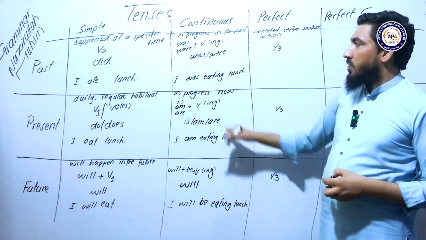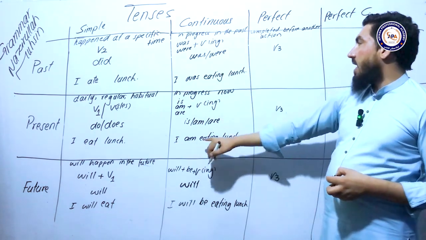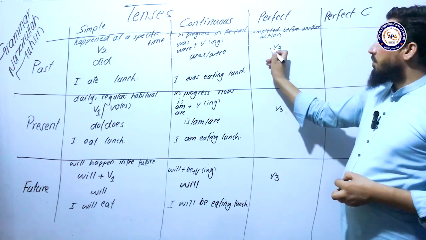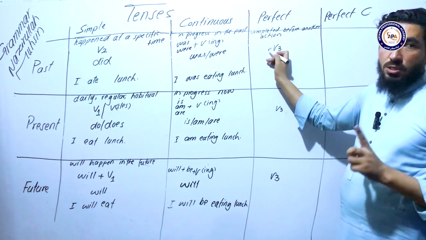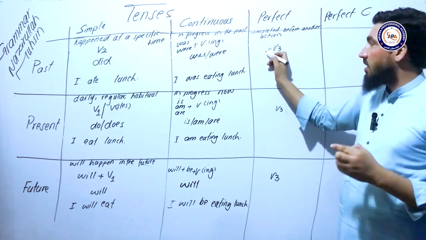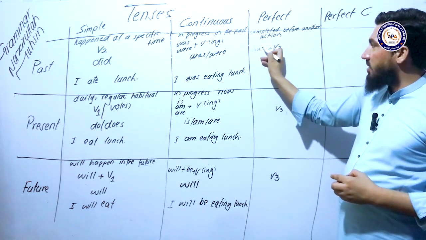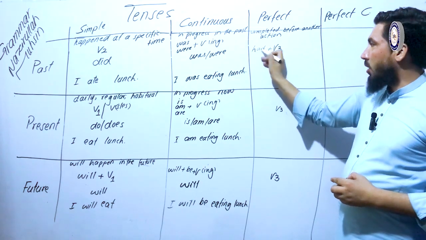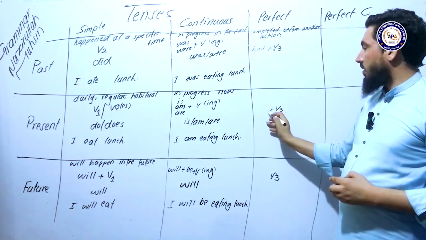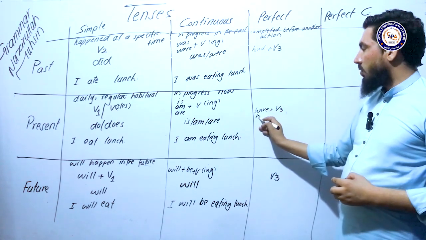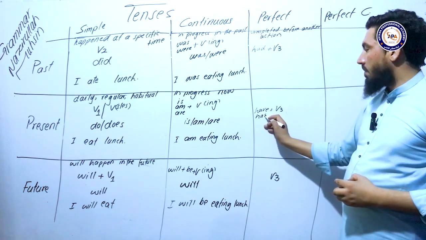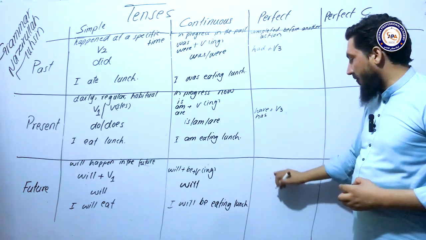In continuous tenses, we use to be as a helping verb, but in perfect tenses, what are the helping verbs? The perfective auxiliary, the to have verbs: have, has, and had. So in past perfect, we use had, then the third form of the verb. In present perfect, we use the present perfective auxiliary, which are have and has. In future perfect,